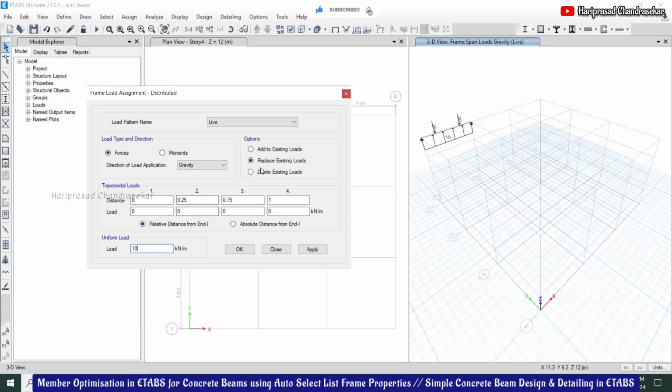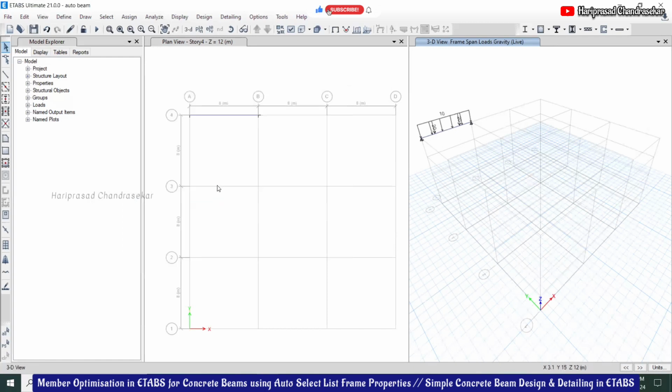You should not put any minus. When you have such a combination, the moment diagram, shear force diagram, everything will change, and the design will also change.